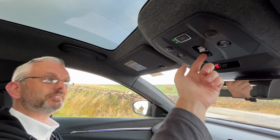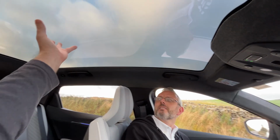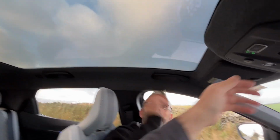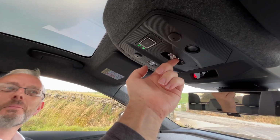This, Harry, check this out. So, it's a sunroof, but not a sunroof. So, as it stands, this is really welcome, isn't it? It's really light and airy. You can see through it. Ow. What was that? That was my head. So if I push that back...